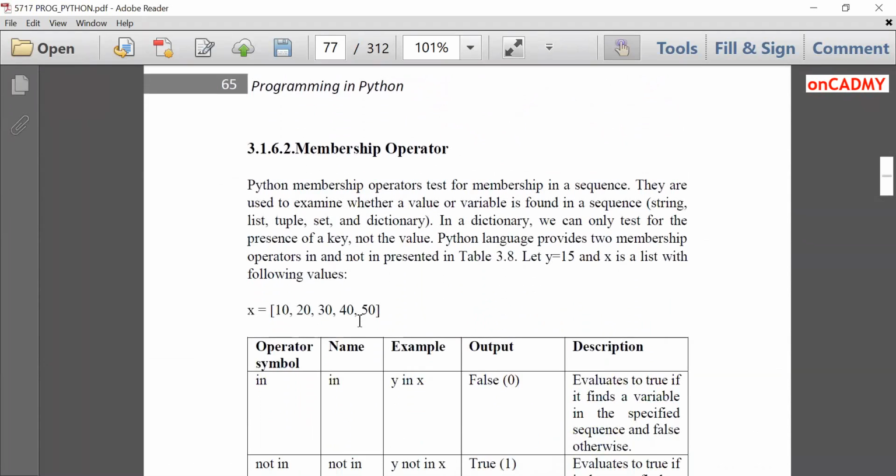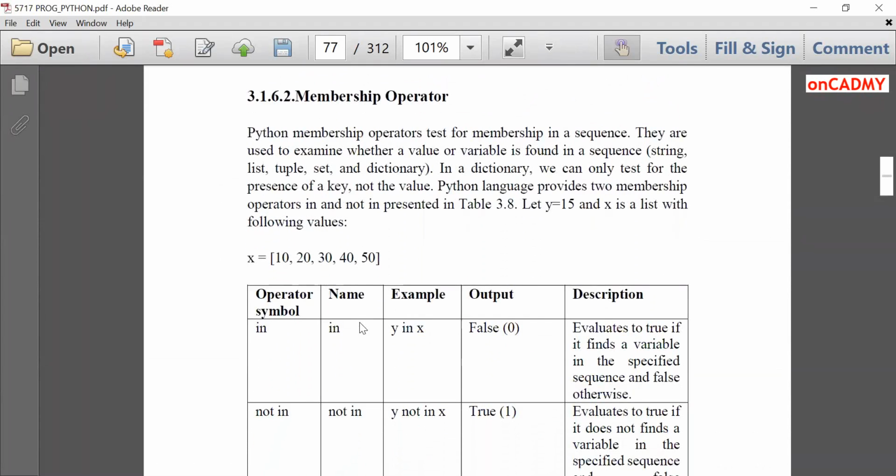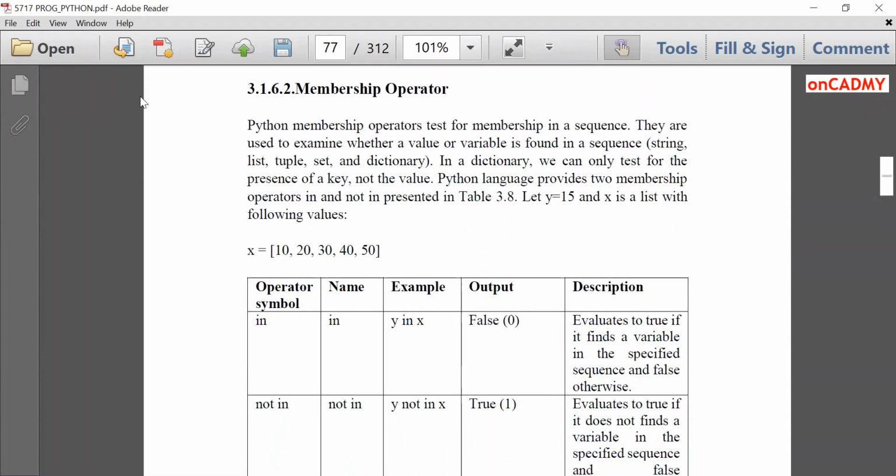Next is the membership operator. It is of two kinds, just like "is" and "is not". It's very simple. The membership operators are "in" and "not in". This is basically used to check whether a particular element is part of a list or sequential data type like list, tuple, dictionary or not.